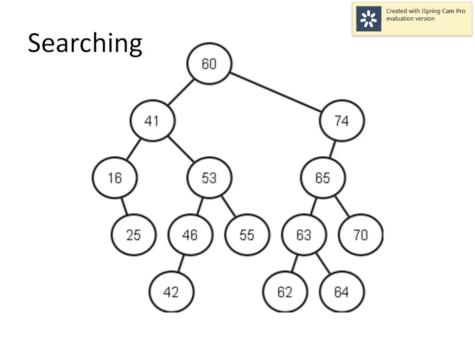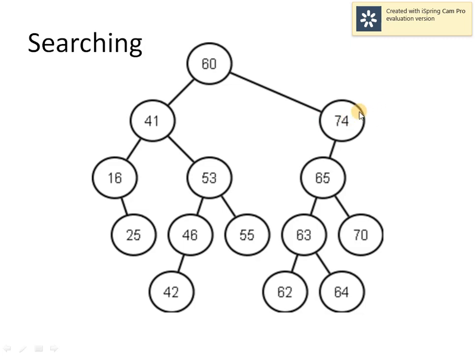No. Temp is less than 100. Yes. So temp will be updated to right of temp, because if 100 exists in the binary search tree, then it should be present somewhere at the right of root node, because root is 60, which is less than 100. So we have reached the node 74.